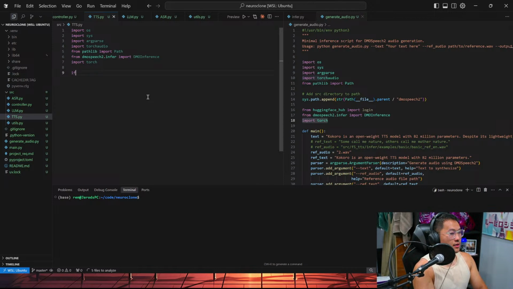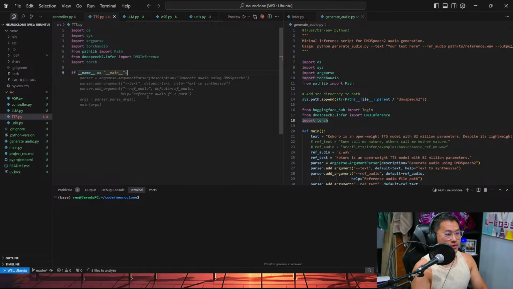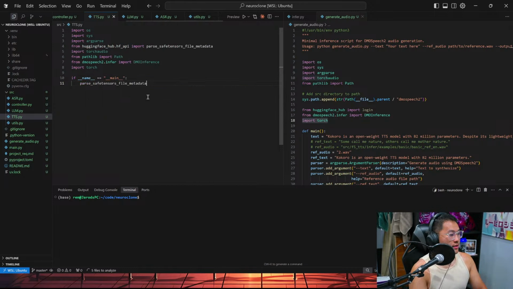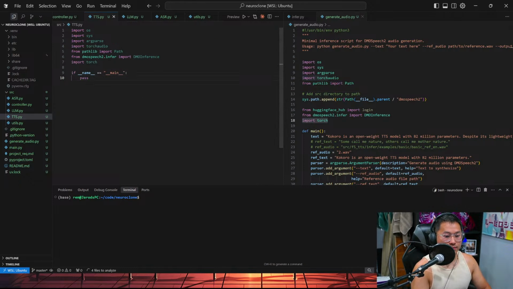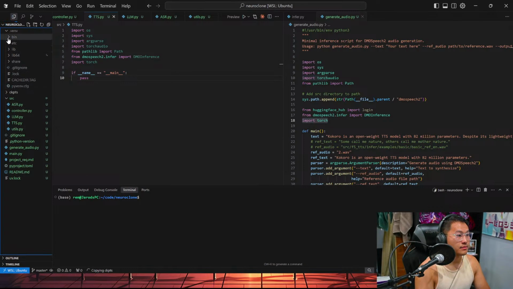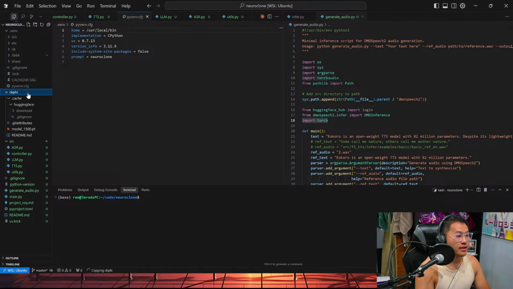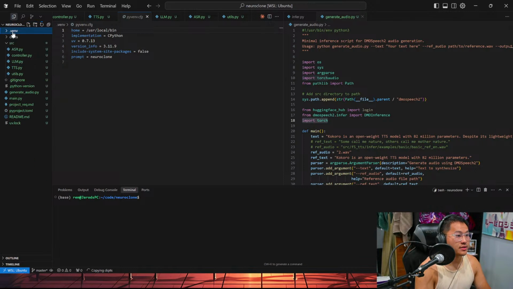And then if name is main. We're going to copy the checkpoints into here. Right, we have our checkpoints. Cool.